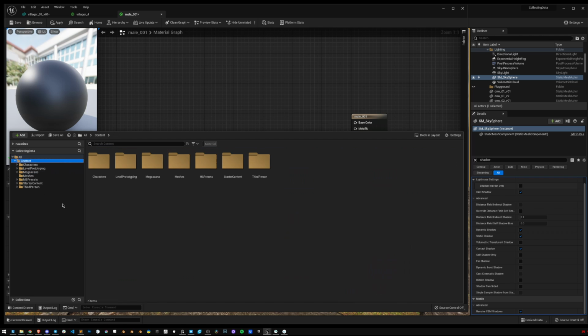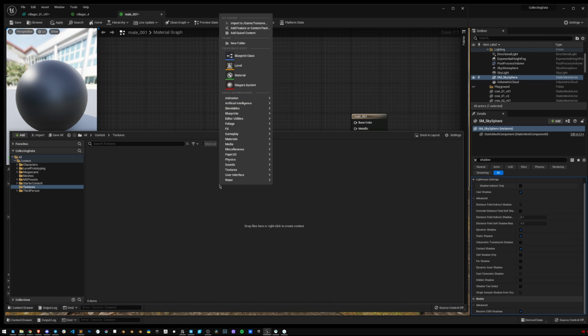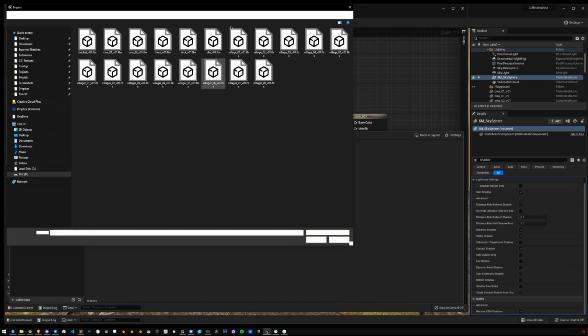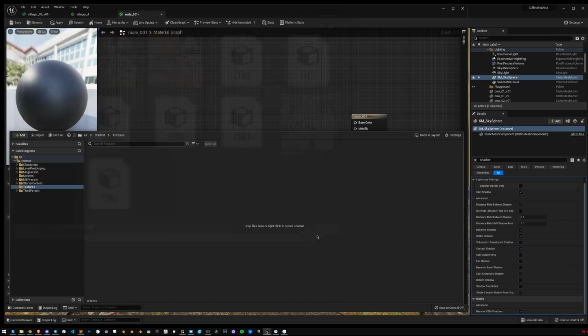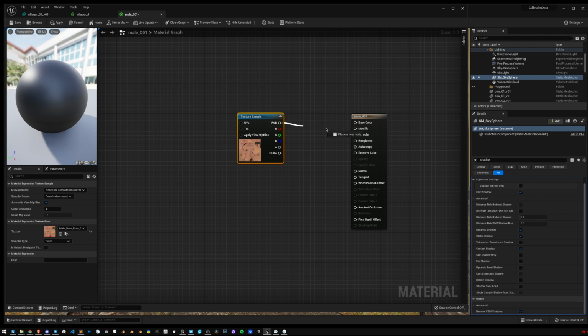Instead of meshes, let's go into content, and we will just create a new folder here, Textures. We are going to import, and this is the texture that I used. Then you can just drag it in, connect it,